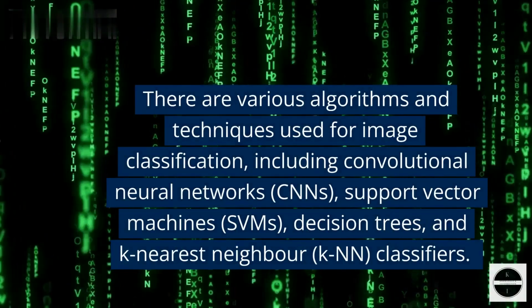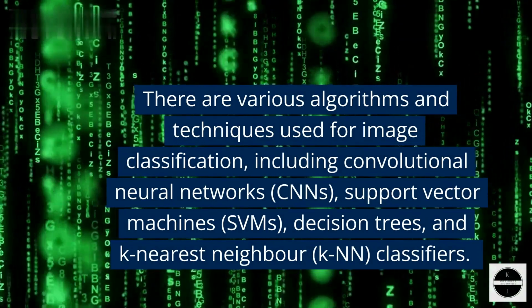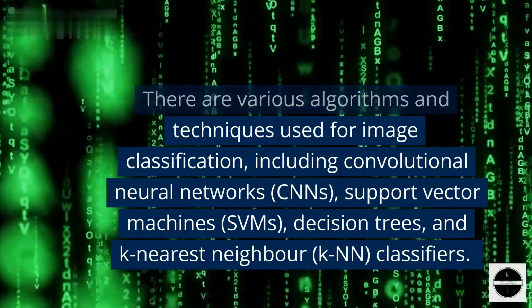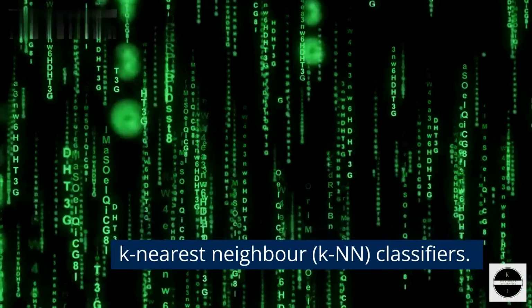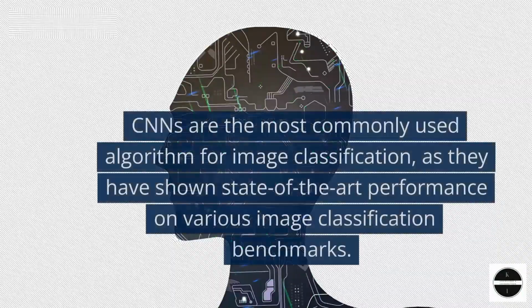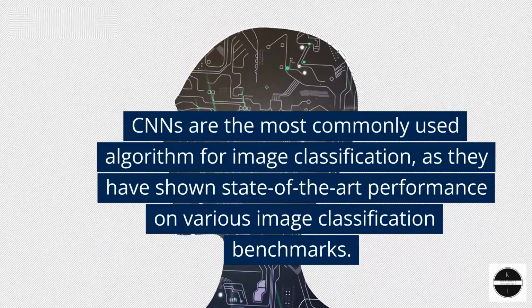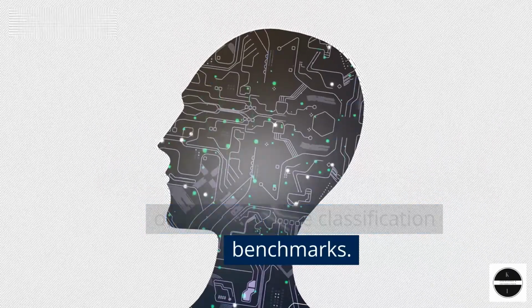There are various algorithms and techniques used for image classification, including convolutional neural networks, CNNs, support vector machines, SVMs, decision trees, and k-nearest neighbor, KNN, classifiers. CNNs are the most commonly used algorithm for image classification, as they have shown state-of-the-art performance on various image classification